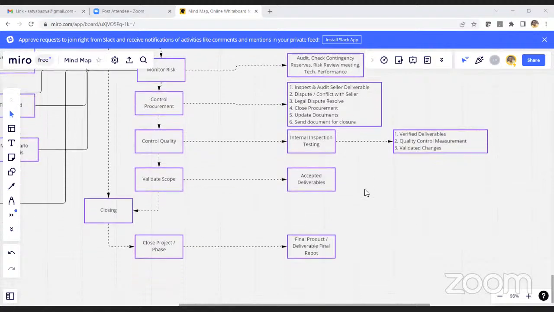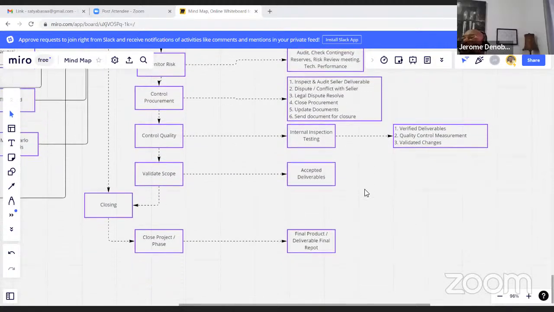So anyone will continue with the closing? Yes, okay. So just to make sure we reference the